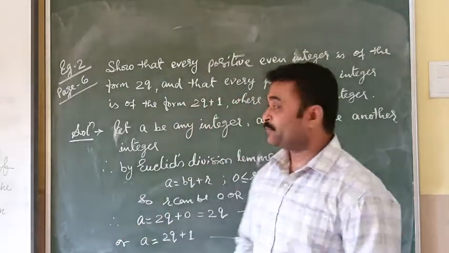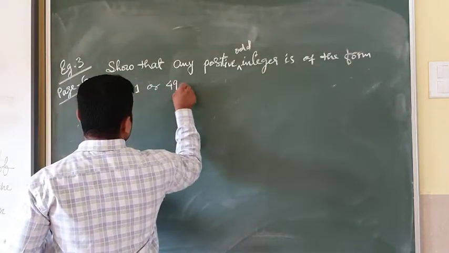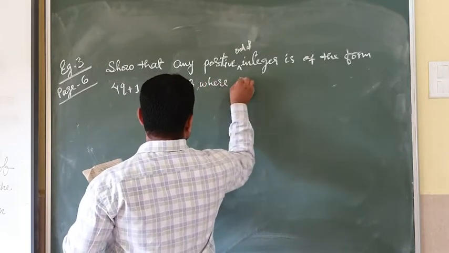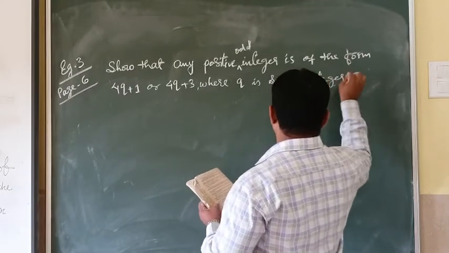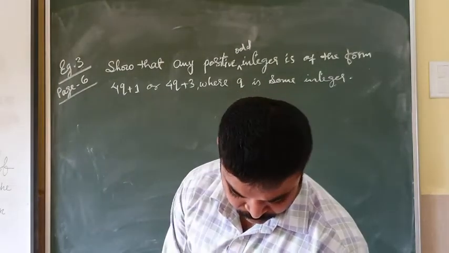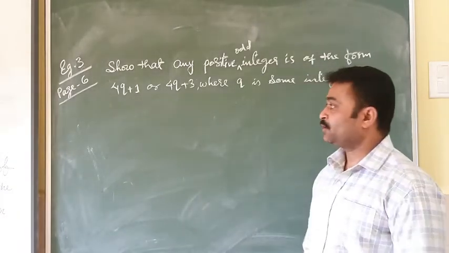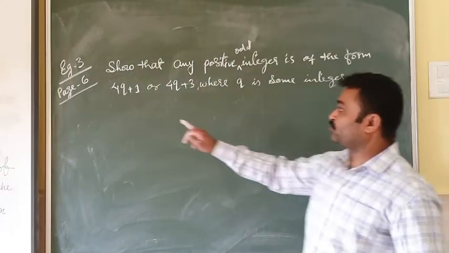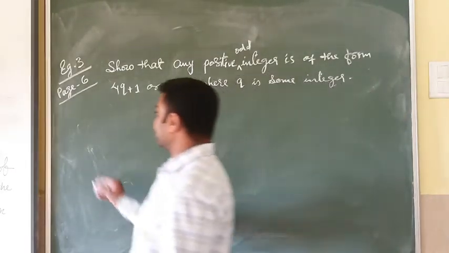Now we will move to example number 3, on page number 6. Show that any positive odd integer is of the form 4q plus 1 or 4q plus 3, where q is some integer. First of all, let us take